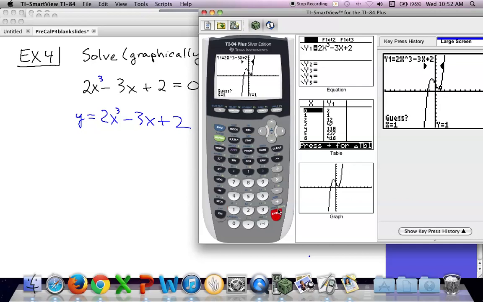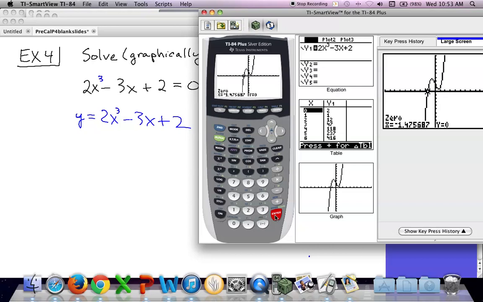And now it's going to ask you, do you want the calculator to guess in between these 2 triangles? These 2 here. And if you're okay with where you put your left and your right bound, you say okay. I used the cursor and I just moved the cursor so it was about there. Right? Can you see it on yours? Yeah, sure. That's good. Enter. And now do the same thing to get the right bound. So if you're okay with it, usually you are, then that's your answer,